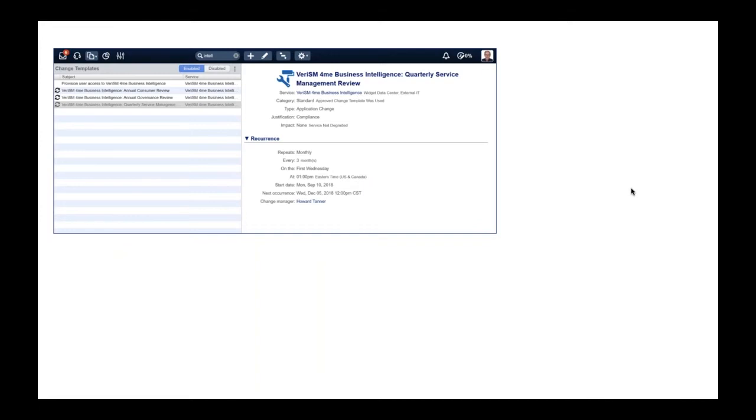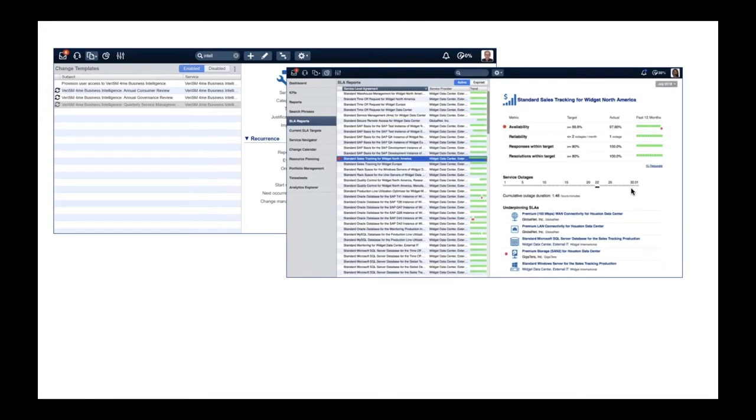If we have actually brought it into production, we are providing it to people, then we want to make sure that we continuously check that and continuously check if we're still doing a good job. Are customers happy? Can we improve? So there's a number of recurring reviews that are available in the system that will automatically start the moment that you have released a new service, a new idea into production. So service management reviews are part of that, and you'll see that it automatically tracks all the information necessary to do that service management review.